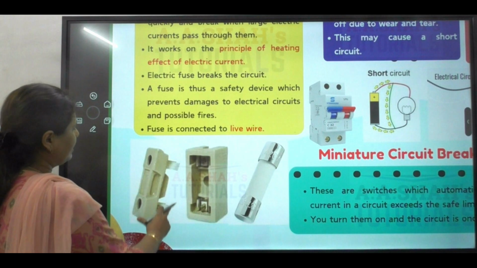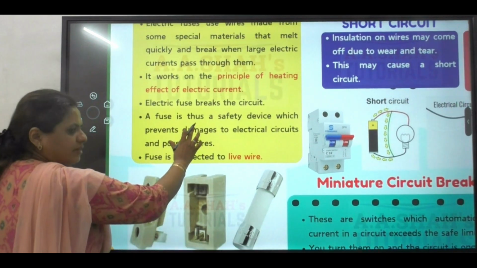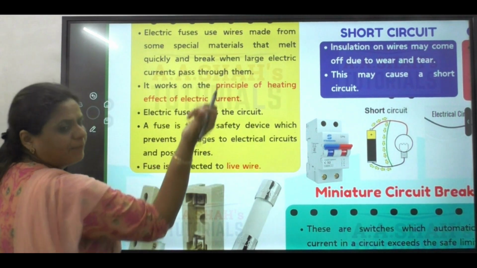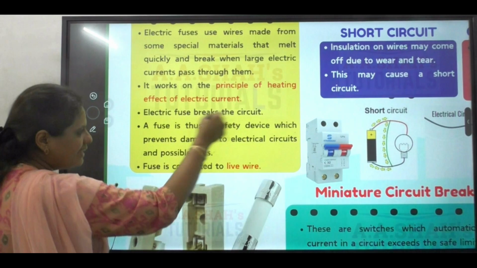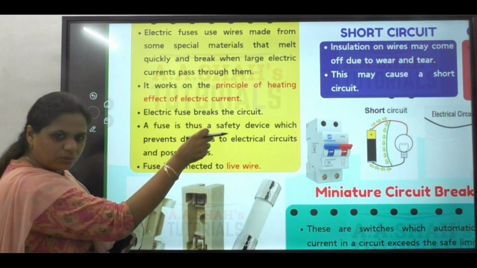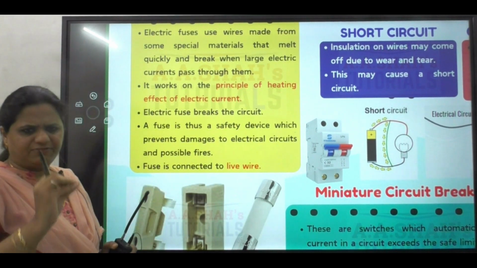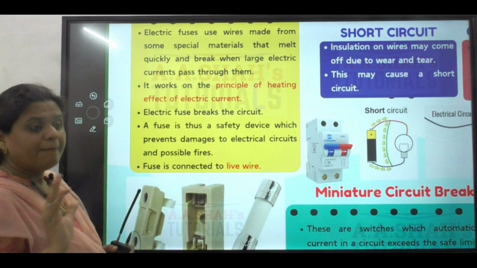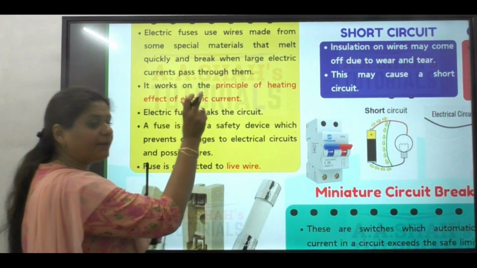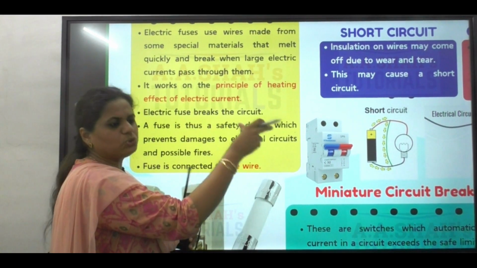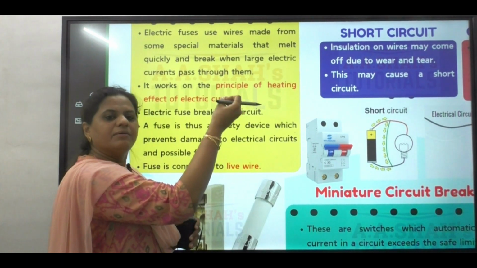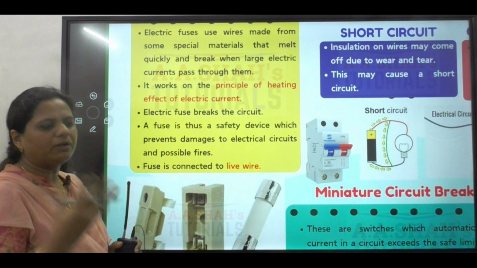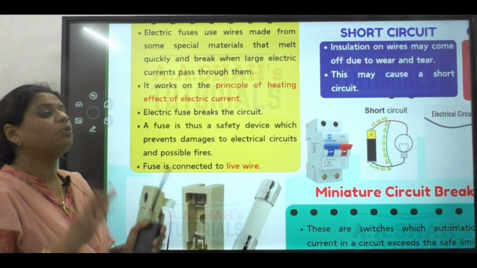So what happens is electric fuse is made of a wire which will break easily, which will burn and melt and break. The wire is connected, means you have the entire circuit, but in between you have the fuse, which has a limit. If this much current flows, the houses, devices, everything, the electricity will function fine. But if there is high amount of electricity coming, the material which is used to make the fuse is such that the material will melt. And when the material in between melts, the circuit is broken. Circuit is broken means no current flowing through it.